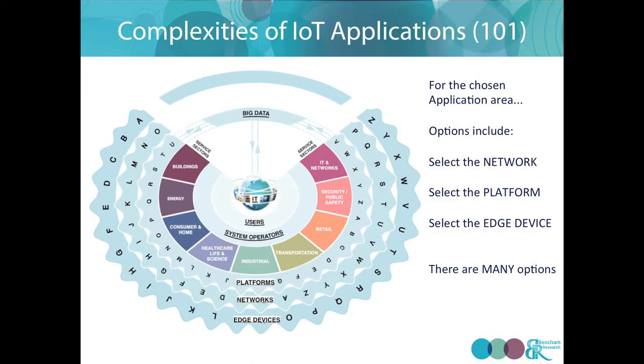One thing about the complexity of applications is you have to select things. You have to select the network you're going to use. Maybe the network can be used more and more for more things, but some applications demand different things for their economics, for their protection. And the same with platforms and edge devices. There are a lot of options, and of course I had to say it's an enigma, just for the sake